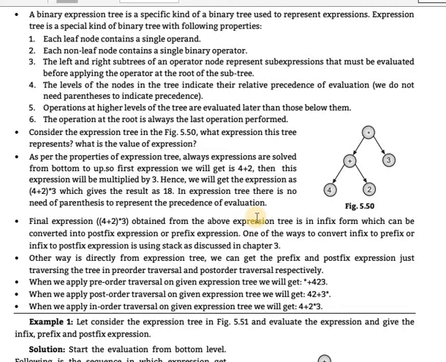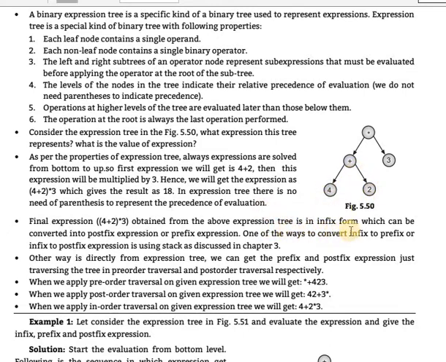Okay. The final expression obtained from the tree, with parentheses, is the infix form, which can be converted into a postfix expression or prefix expression. Why is this said to be infix? Because firstly left, which is 4, after that root, after that right will be taken.